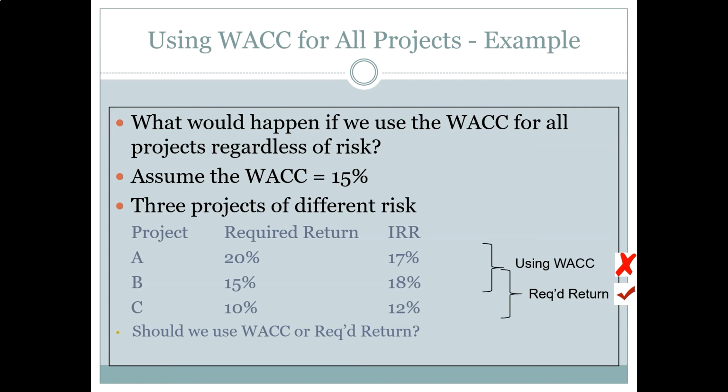The average cost of capital for the firm gives us a WACC of 15%. And what we've been saying in this lecture is that this is the appropriate required return for all projects for the firm. But that's only true if all the projects have the same average level of risk. If the divisions have different levels of risk, then we need to estimate the required return for each division individually. If we have some divisions that have higher risk and some that have lower risk, we're going to estimate those required returns separately from the WACC, usually with an adjustment to the WACC.